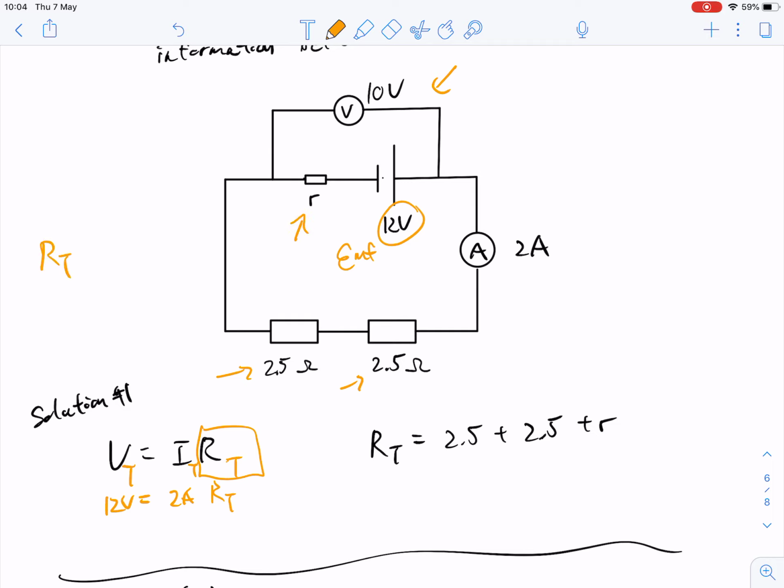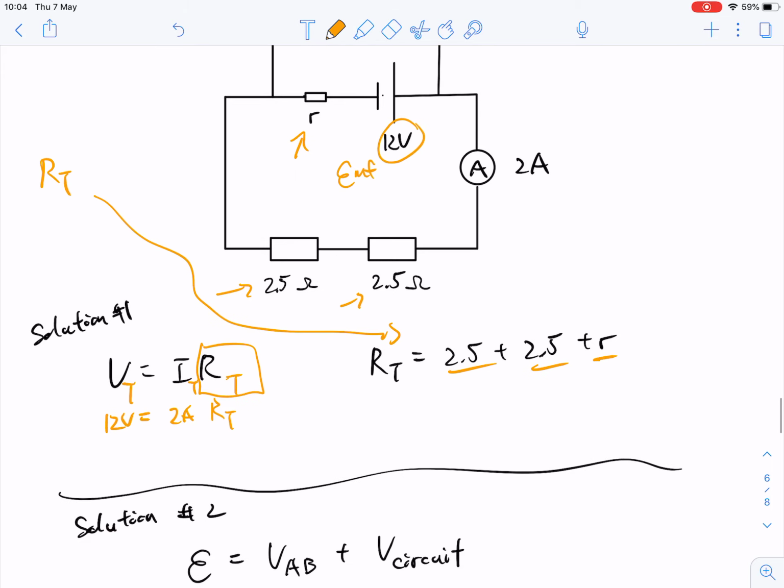So RT, you can actually see the sample here, is the 2 resistors plus the internal resistance. And so if we solve for that, RT, 12 divided by 2 is going to be 6 ohms. And now we can resubstitute that back over here. We have 6 ohms of total resistance